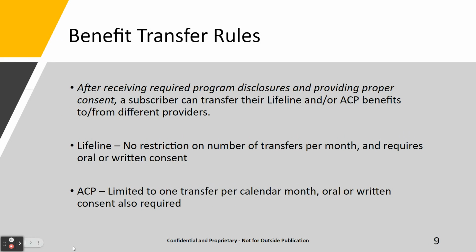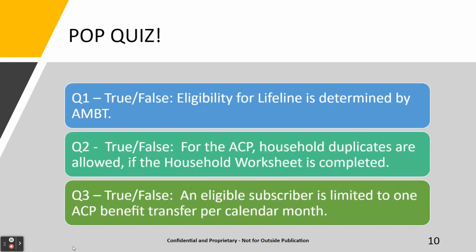AMBT does not facilitate exceptions for ACP subscribers who claim to have had their benefits transferred from AMBT without their consent. In those cases, please have that subscriber call their new provider, the one they claim they didn't authorize, and have the subscriber ask that the new provider de-enroll them from ACP service. Once the other provider de-enrolls the subscriber, they can then reapply to and re-enroll with AMBT.